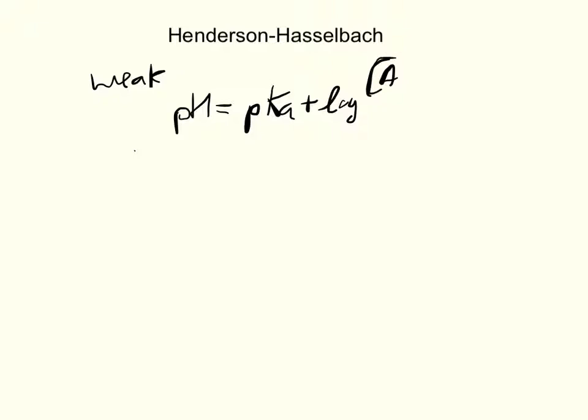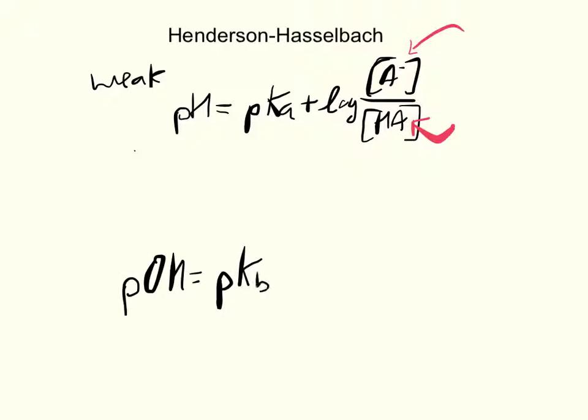The Henderson-Hasselbalch equation is used when we have weak acids or bases in excess and with buffers, which we'll talk about in a second. And there's two forms of the Henderson-Hasselbalch equation. pH is equal to pKa plus log of A minus concentration over HA, where A minus is the conjugate base, essentially the weak acid that's dissociated, and HA is the concentration of the weak acid. We could also write it as pOH is equal to pKb